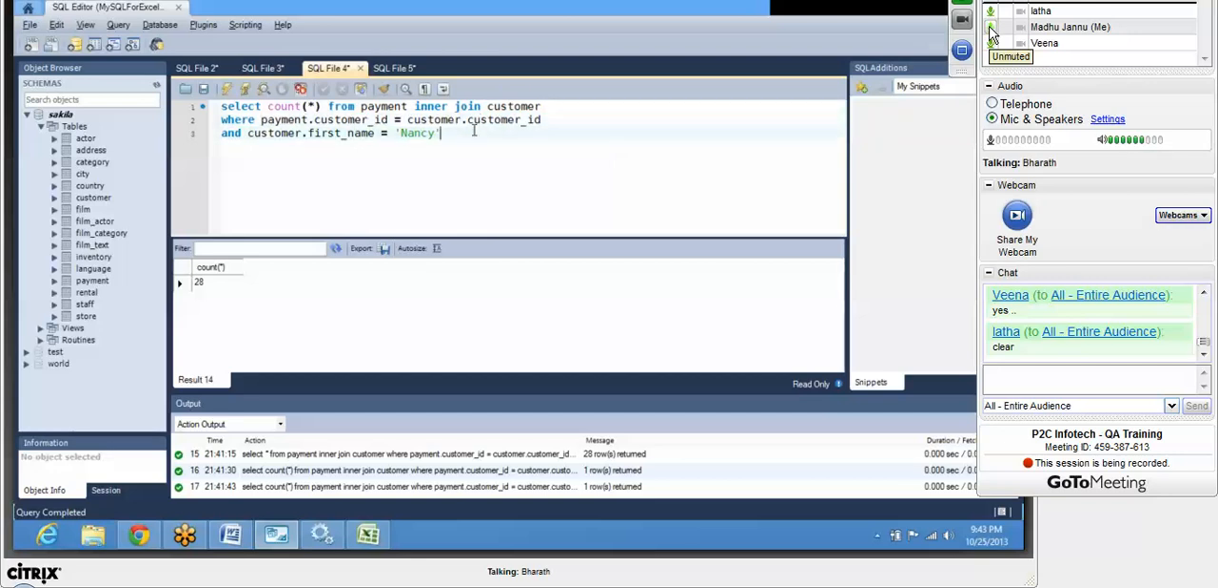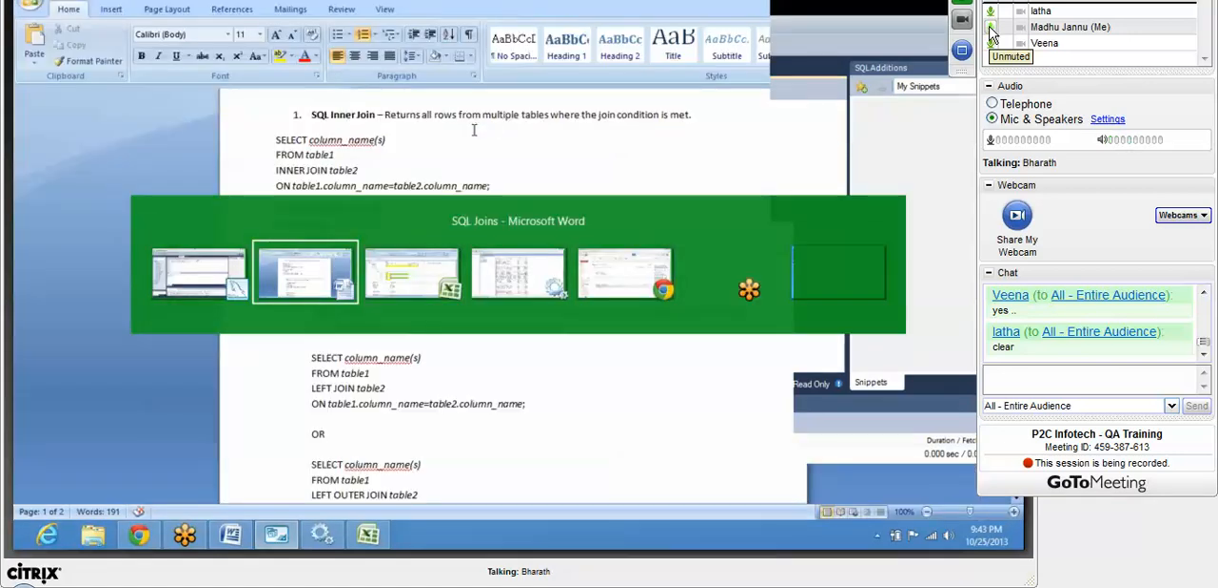But what is the difference? In the earlier case, we will get all the rows from the left table as well as the right table based on the condition. But if you go for left join, all the rows from the left table will be displayed irrespective of the condition, and the corresponding record from the right table will be fetched. But if you don't have a corresponding record, then blank values will be displayed for the